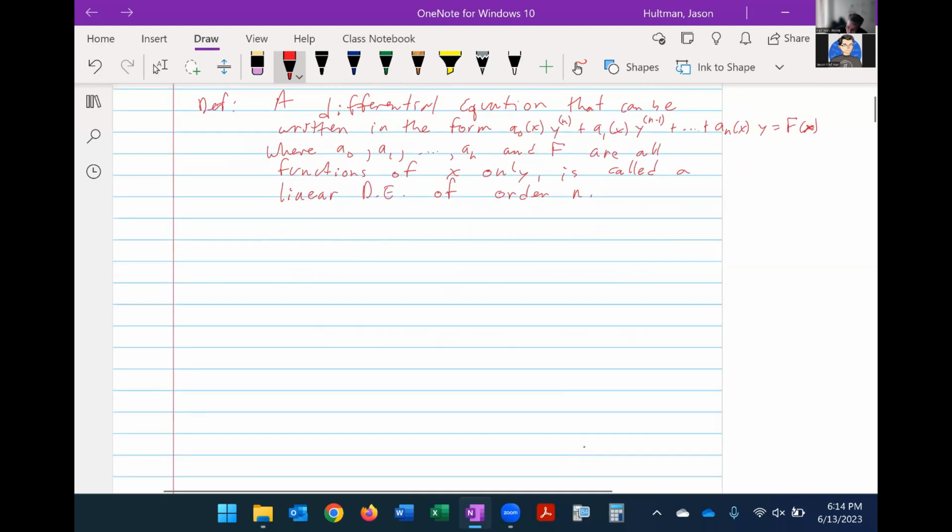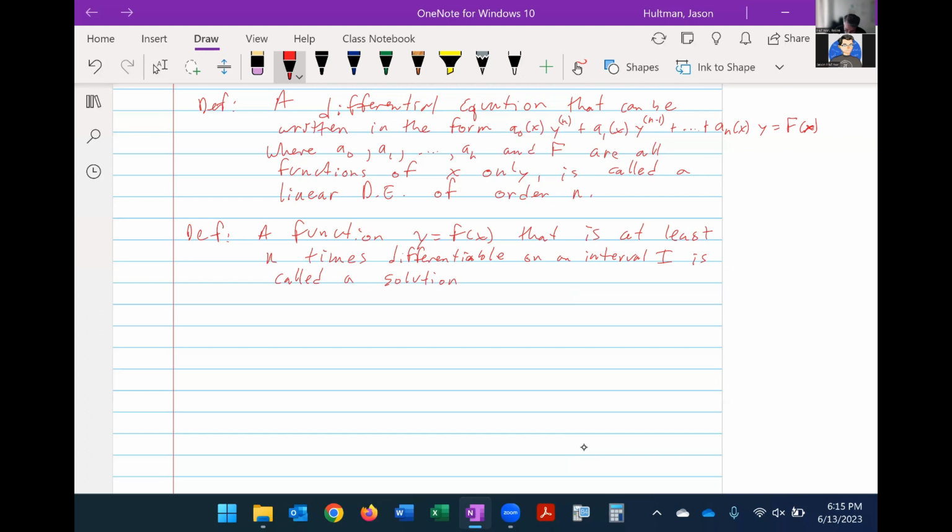Let's do another definition. A function y equals f of x that is at least n times differentiable on an interval I is called a solution to the differential equation (1)